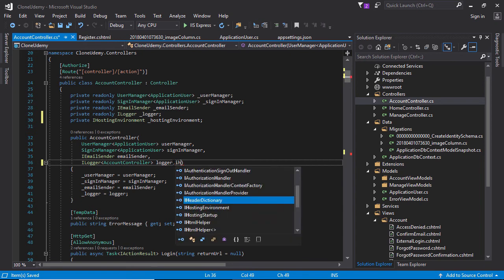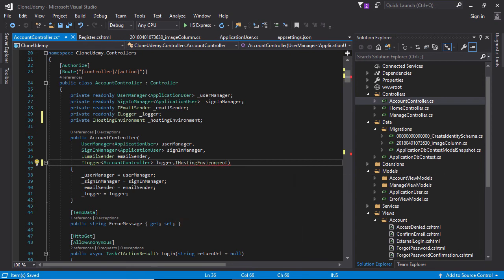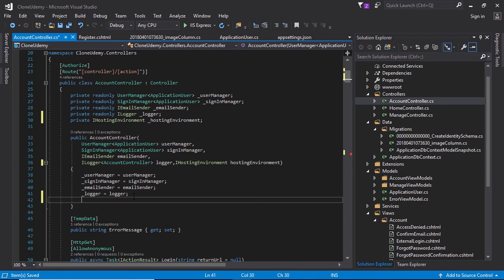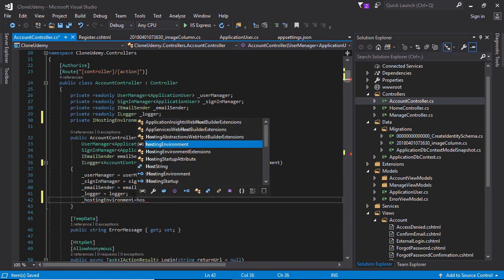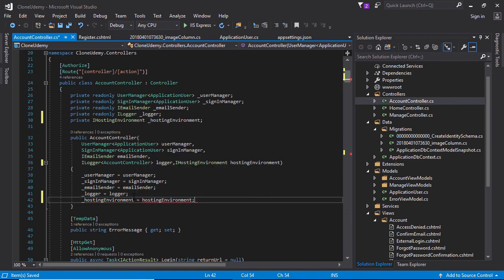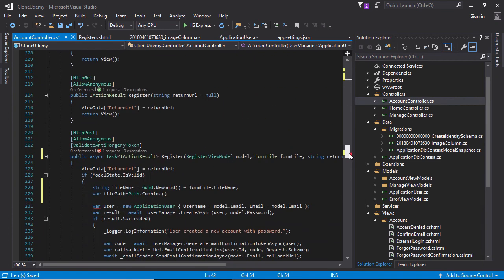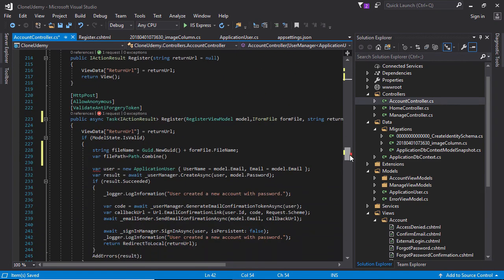So IHostingEnvironment hostingEnvironment, and need to initialize _hostingEnvironment equal to hostingEnvironment. At runtime, this dependency will be resolved. Scrolling down,